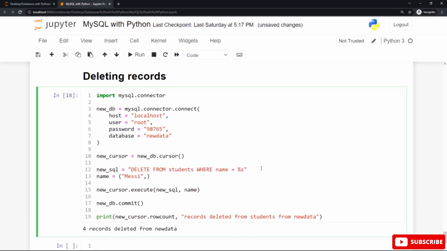This is our example here. You can see our first step is importing the MySQL connector. Then, after importing the MySQL connector or driver in Python to work with the MySQL database, you need to create this connection to our database called new data by using the MySQL module followed by the connect method.